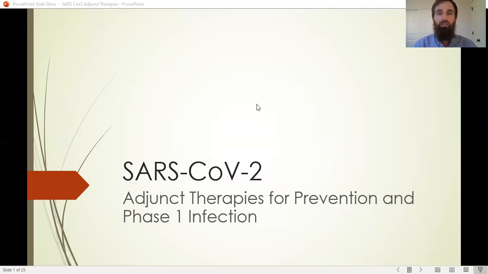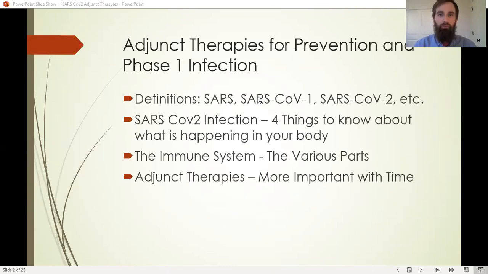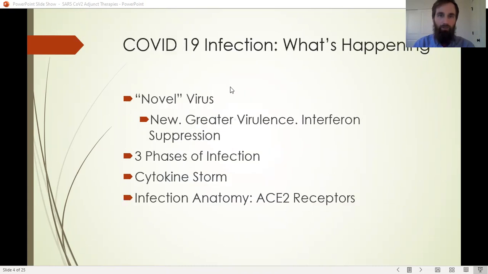As a quick review, in part 1, we talked about 3 main things. We talked about what's happening during a COVID infection. We talked about the immune system. And before all that, we went over some definitions right here on the top of the slide. Just by way of review, we talked about the 3 phases of the infection, basically based off of symptoms or ventilation requirements. So phase 1 would be not requiring any oxygen. Phase 2 would be need for supplemental oxygen, and phase 3 would be need for mechanical ventilation,